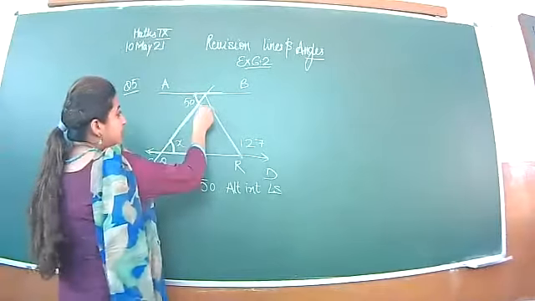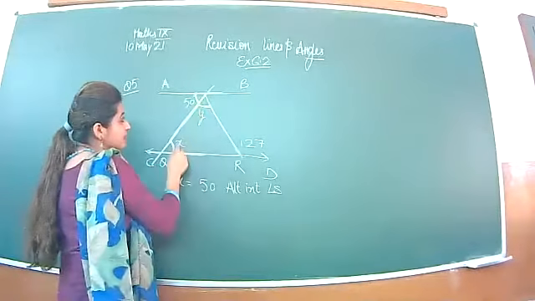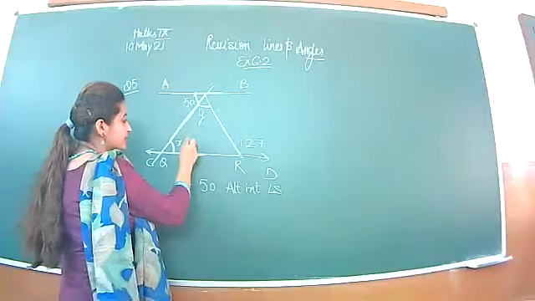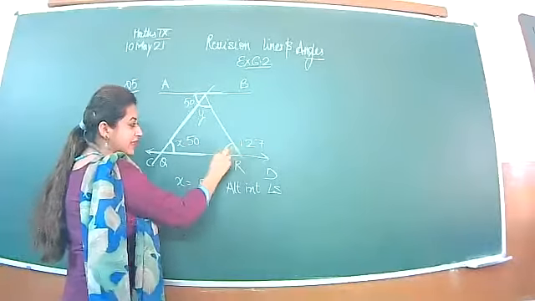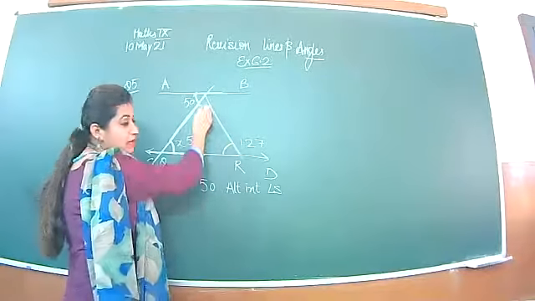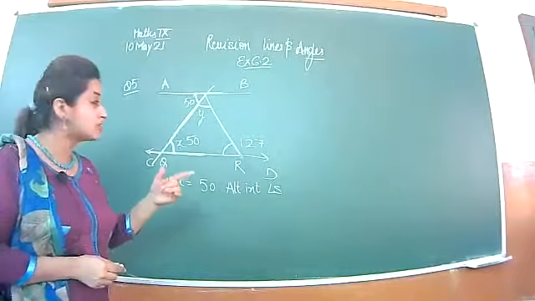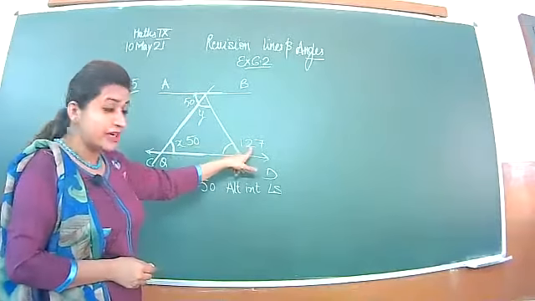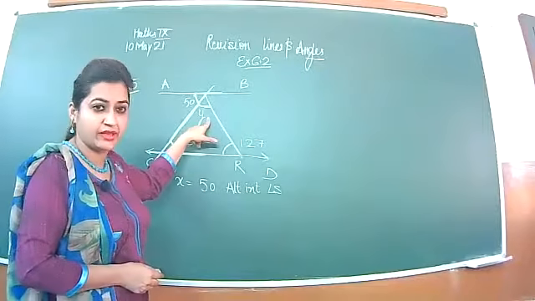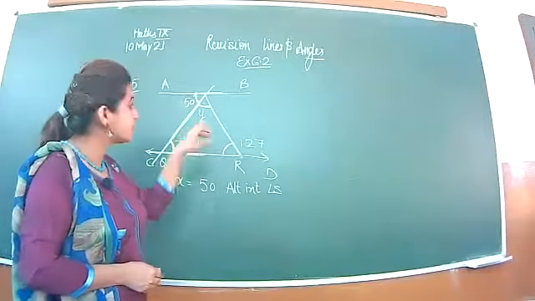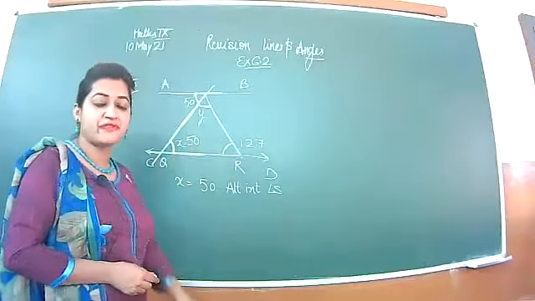Now Y. Y is the angle that is part of the triangle. This X we have got as 50 degrees. This is 127. So by the linear pair, you can get this angle. Then you will apply the angle sum property to get this missing angle Y. And instead of this, you can use that 127 exterior angle is equal to the sum of the interior angles 50 plus Y. Is it okay? So the first method is, you will find this linear pair angle, then you will use the angle sum property. This is the first way.